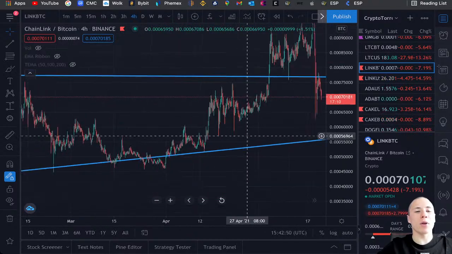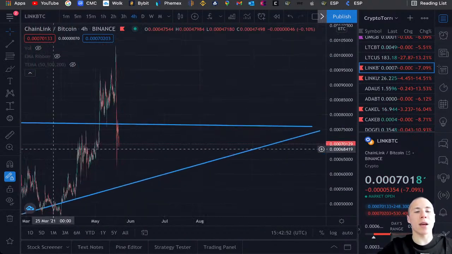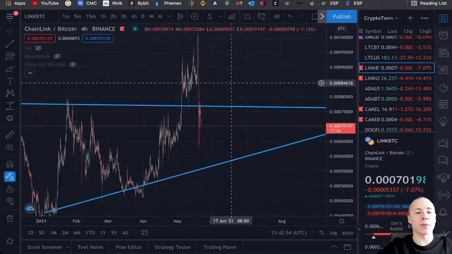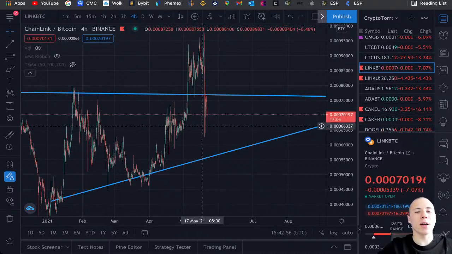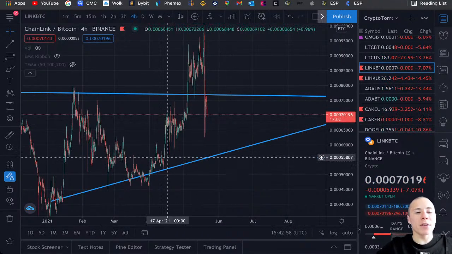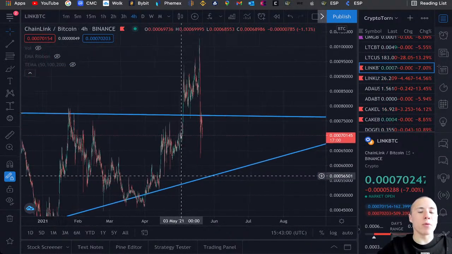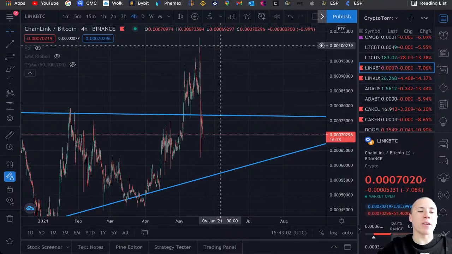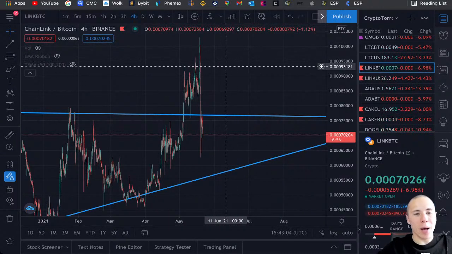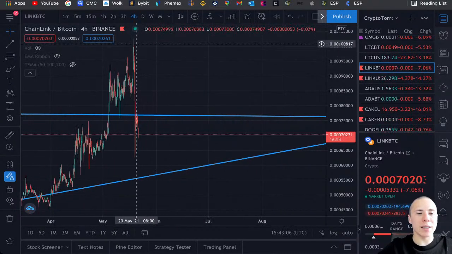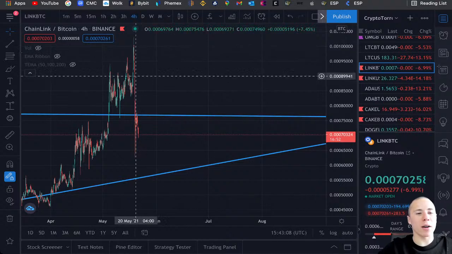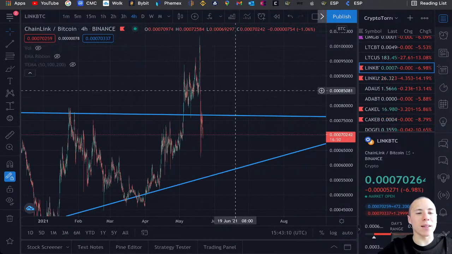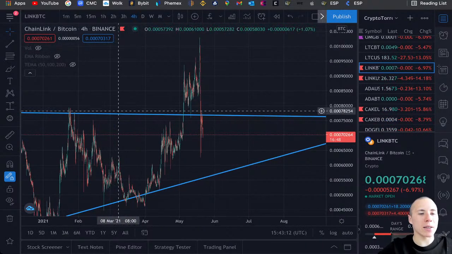And right now what we saw is, unfortunately, we had this huge pattern compared to Bitcoin on the Chainlink chart, and this pattern, as you could see, we were already breaking out of, going even further up, but after that we were rejected at this particular level, and we are right now currently going down. So I will be placing just a